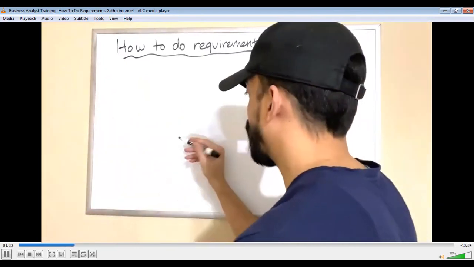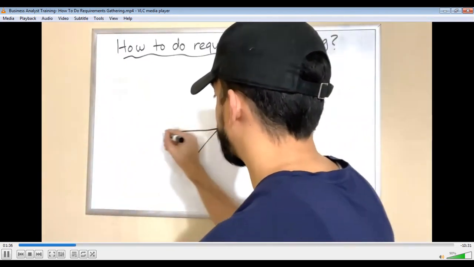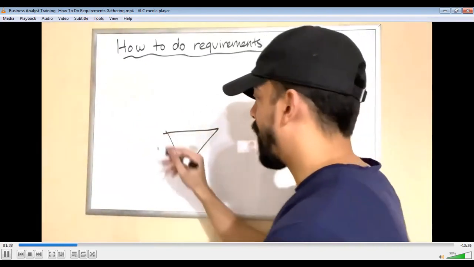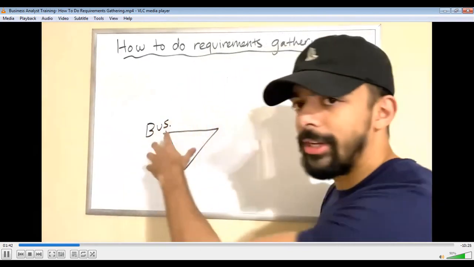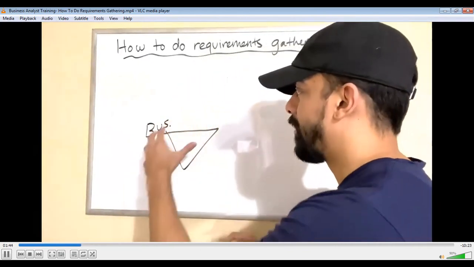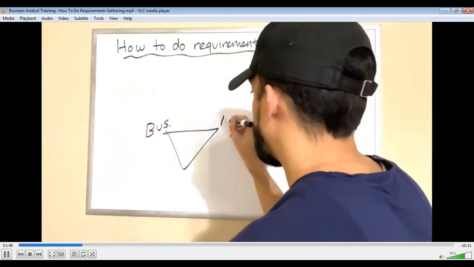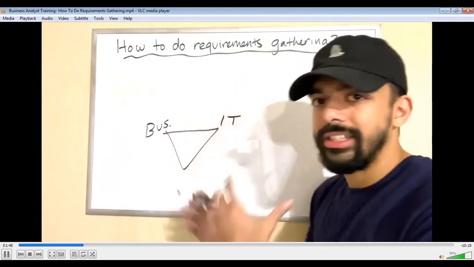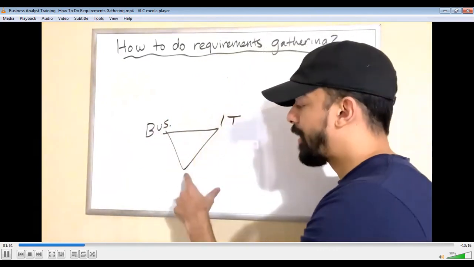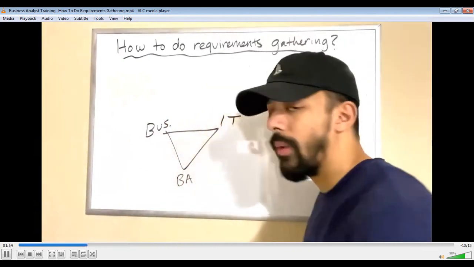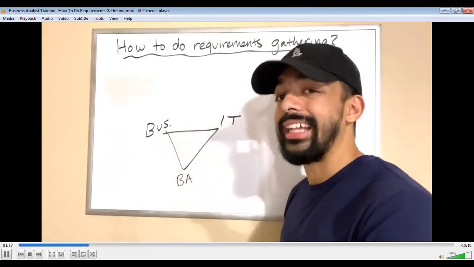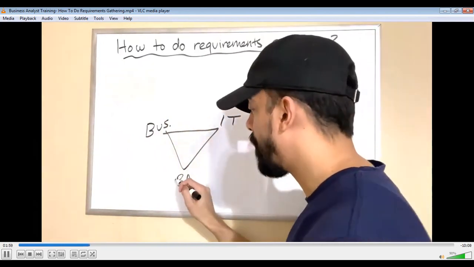Okay, so again, I've always drawn this upside down triangle for you guys to remember. So if I've got business, which I'll put short here as bus, the business stakeholders, and I've got the IT developers. You've got the BA that's going to be in the middle, and they are going to go ahead and elicit and gather the requirements